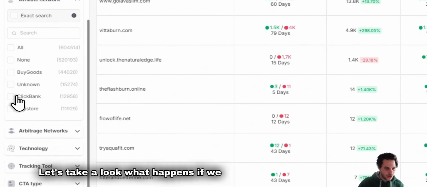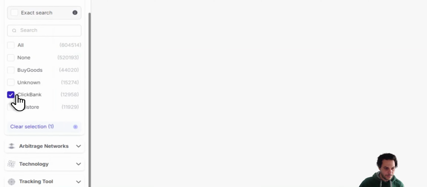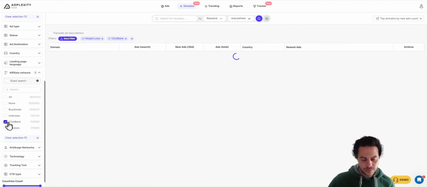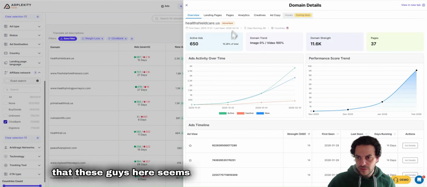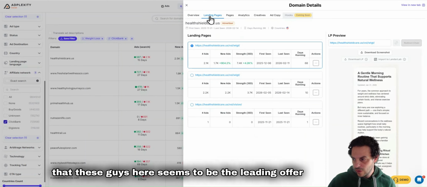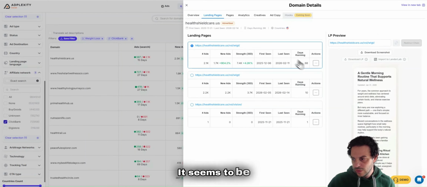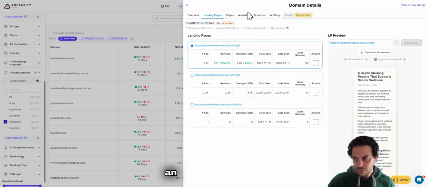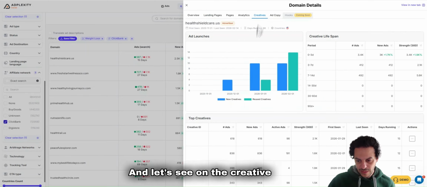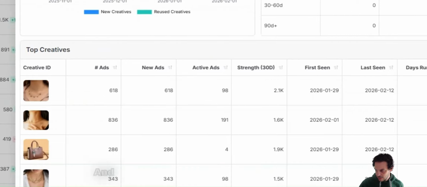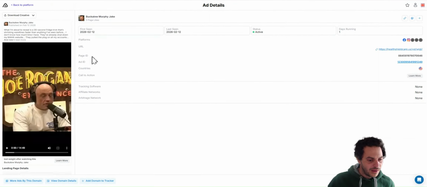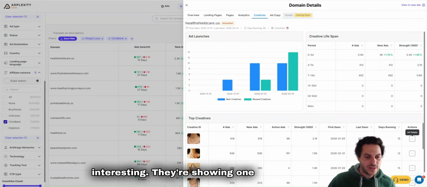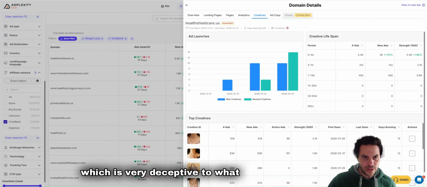Let's take a look at what happens if we switch to ClickBank or Digistore. Let's start with ClickBank now. And there we go. We can see that these guys here seem to be the leading offer on ClickBank. What are they using? It seems to be an advertorial type. And let's see on the creative side, there's going to be many. And this is weird. The thumbnail is showing